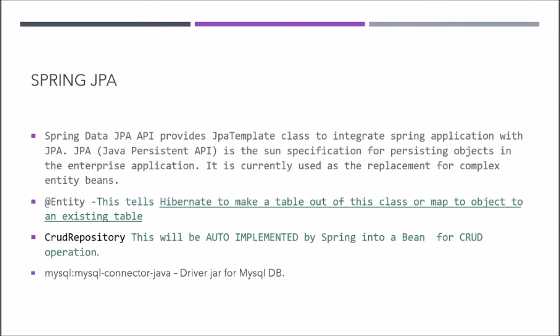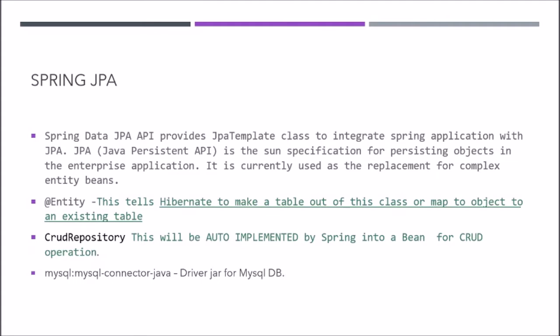Previously in the J2EE environment, we had entity beans for the persistence layer. That became very heavy day by day, and it was also tightly coupled. To overcome that issue, in Java they came up with specifications. One of the persistence specifications is JPA. Many frameworks implemented the specification and developed their own JPA. It's equivalent to ORM, actually.